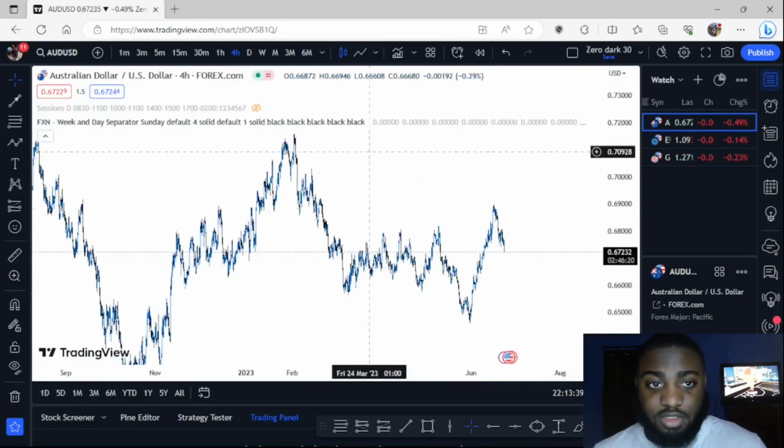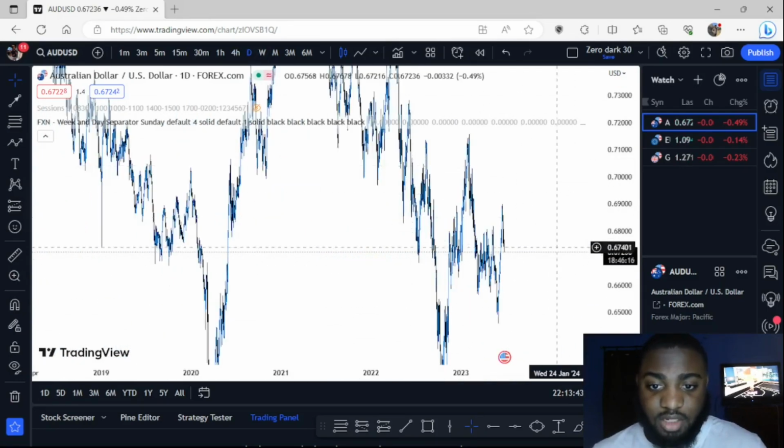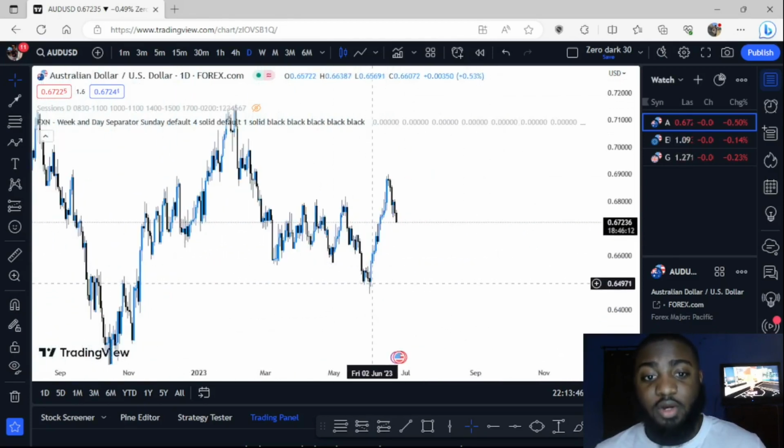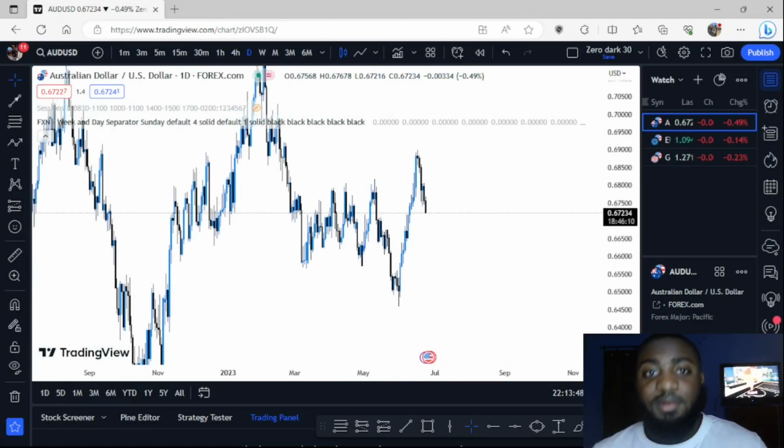Liquidity usually rests above and below equal highs, equal lows, and relative equal highs and relative equal lows. Liquidity was designed by the banks, the higher up traders, etc., the ones that are against the retail traders, in order to liquidate us and take our money out of the market.